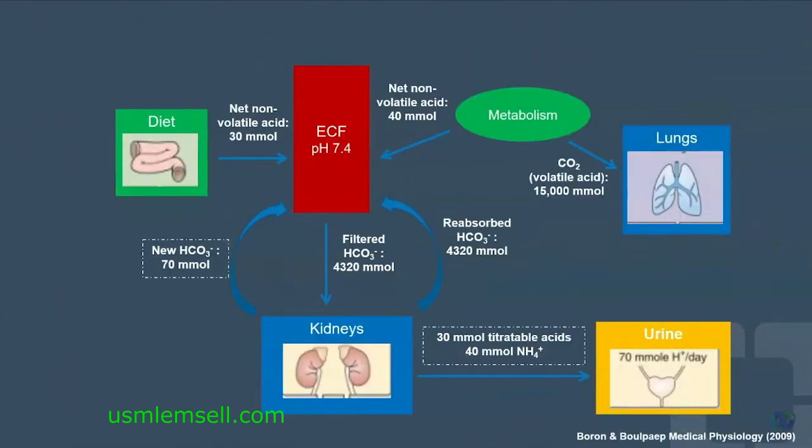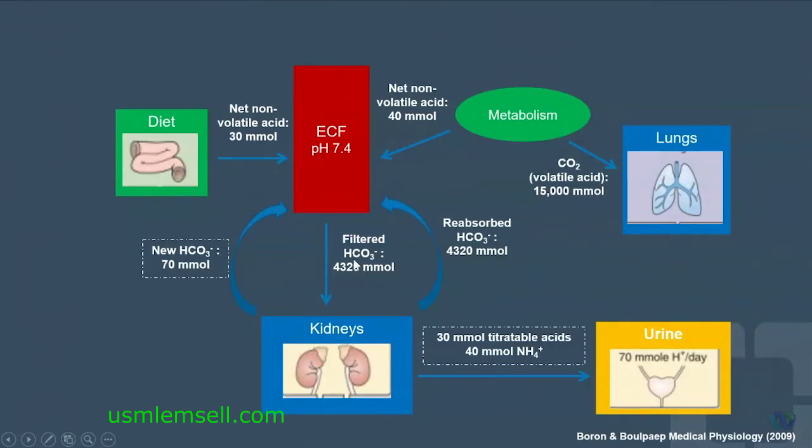This is a little bit of an overview of how this works. Our typical extracellular fluid pH, remember it's a range, but for the sake of simplicity, we take the middle of that range of 7.35 to 7.45, which is 7.4. And we generate all this net acid both through metabolism and through the diet, from the non-volatile acids we talked about. Now, to maintain this